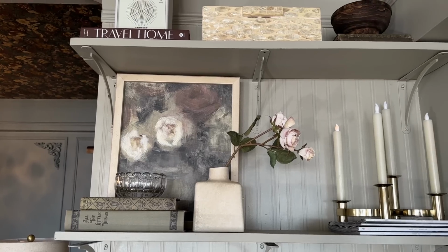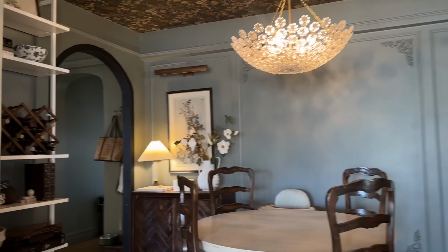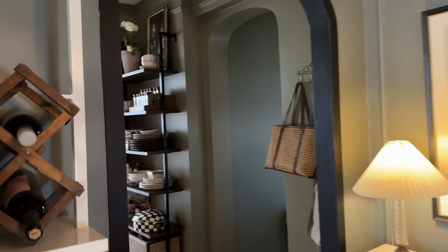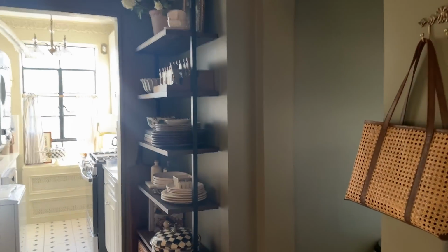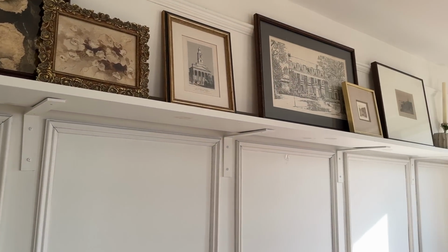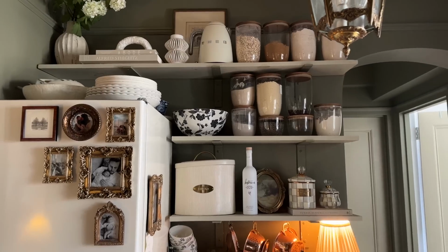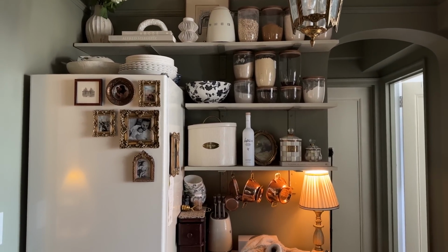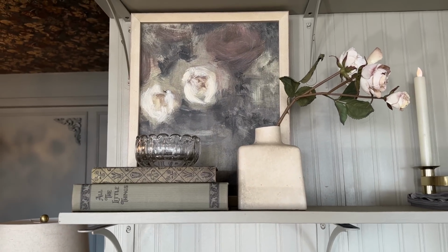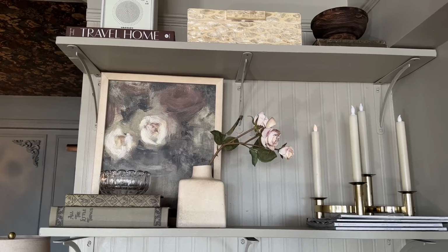The next simple way to infuse personality and make your space feel like you, because I feel like the options are endless with this, is a simple shelf. You can buy a ladder shelf like I have here, or I've also used simple wooden boards and brackets to create shelves all over our apartment because I wanted more storage vertically, but I like to have spaces where you can just add little odds and ends that you've collected over the years that make your